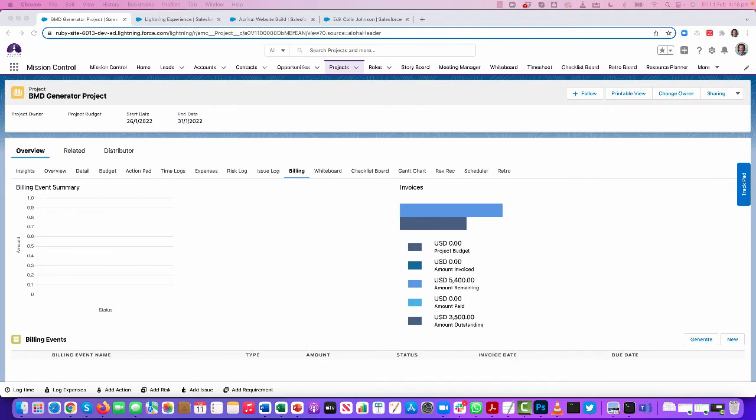So we've added a new way of generating billing events on a project, and as part of that, we have provided a new way of specifying, rather than specifying the billing type for the overall project, you can actually specify the billing type for individual milestones within the project. So on the project record,